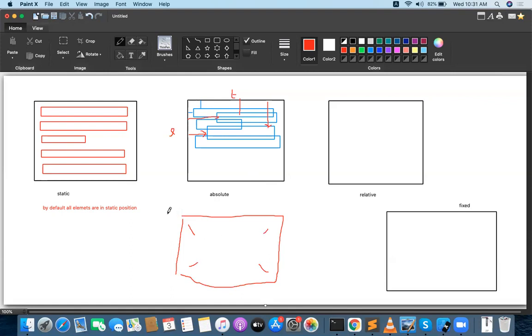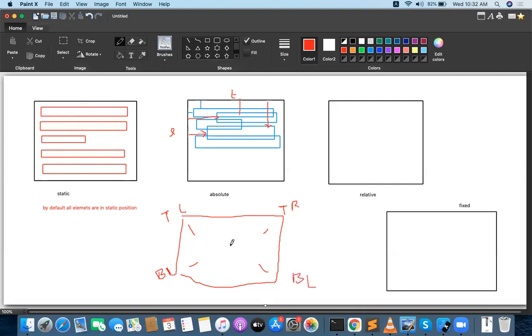For example, you apply the properties top and left, or top and right. You have to choose only one combination, or you can choose bottom right or bottom left.